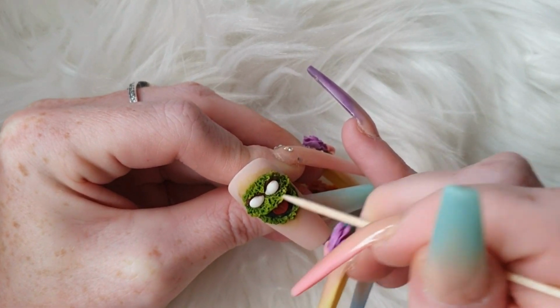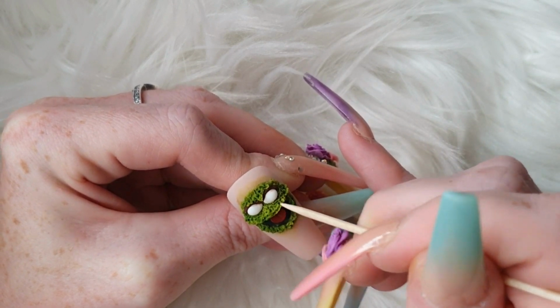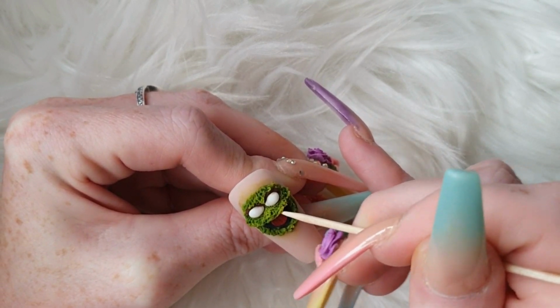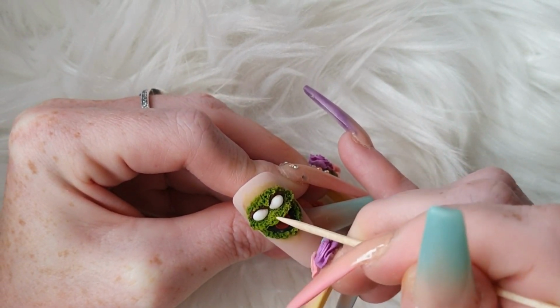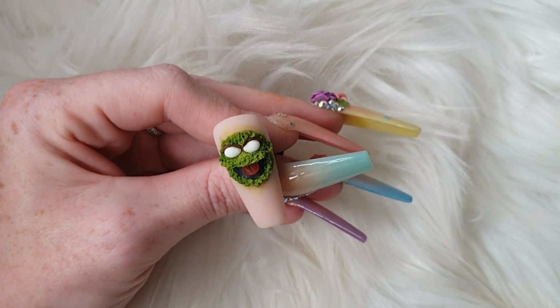So I didn't give him his bin lid, and I really think he needs a bin lid for the overall look. So that's something you could do. But I did do this at like 5 o'clock in the morning, so